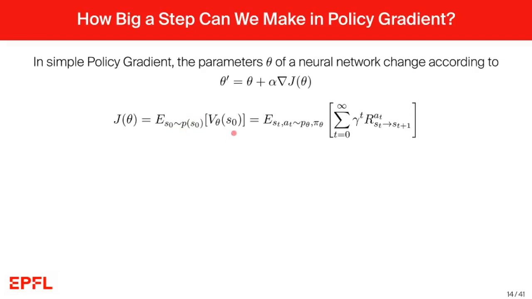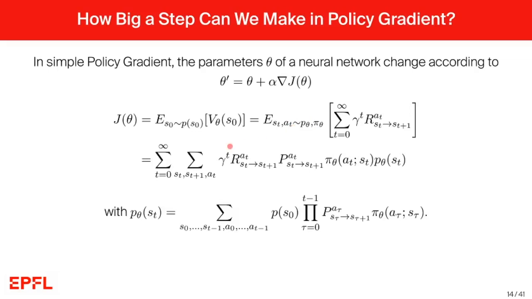Now let me remind you what the value function really is. So the value function is simply the future discounted rewards, with discount factor gamma, averaged over states and actions given the policy of the agent and the transition probabilities. Now, what do I really mean with this notation here? What I mean is that